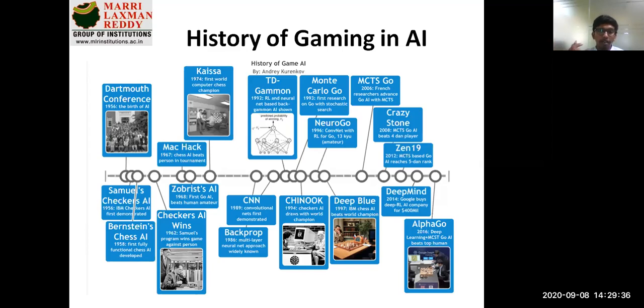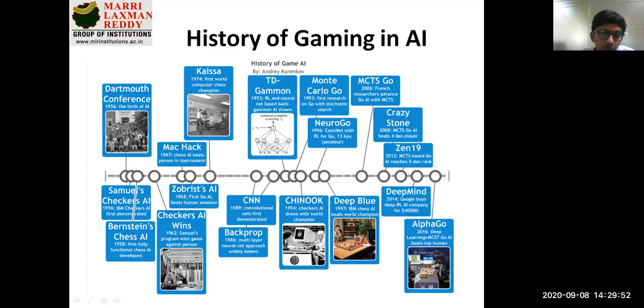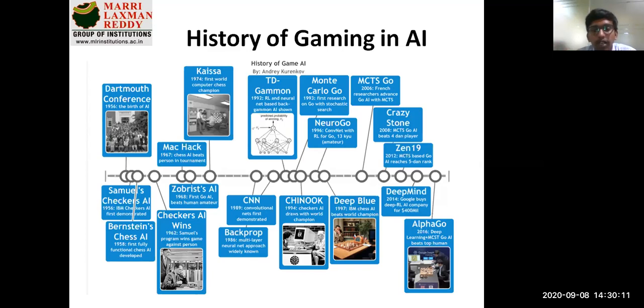In the same manner, talking about many years, starting from 1956, which is called the Dartmouth Conference, the birth of AI, till date there are a lot of games developed technically, with respect to puzzles and a number of other aspects. So here is a small overview or picture of what happened previously with respect to gaming. People who focus on gaming, whether mobile application gaming or high-end gaming, need to understand the history, how this came to market, and what difficulties were faced.